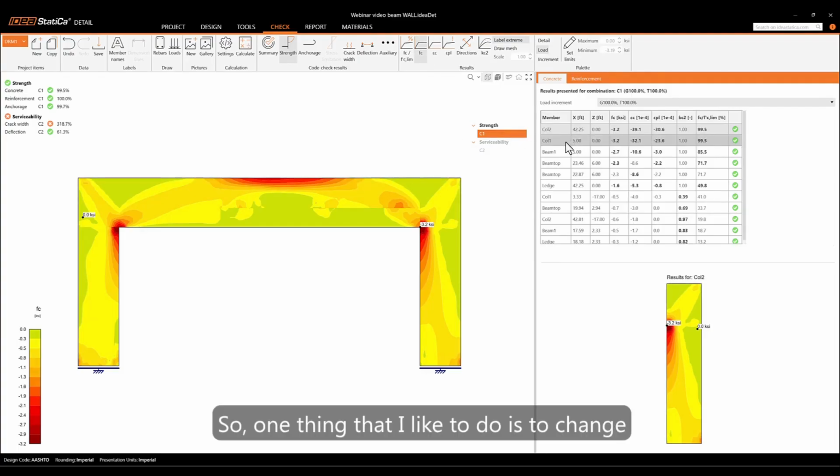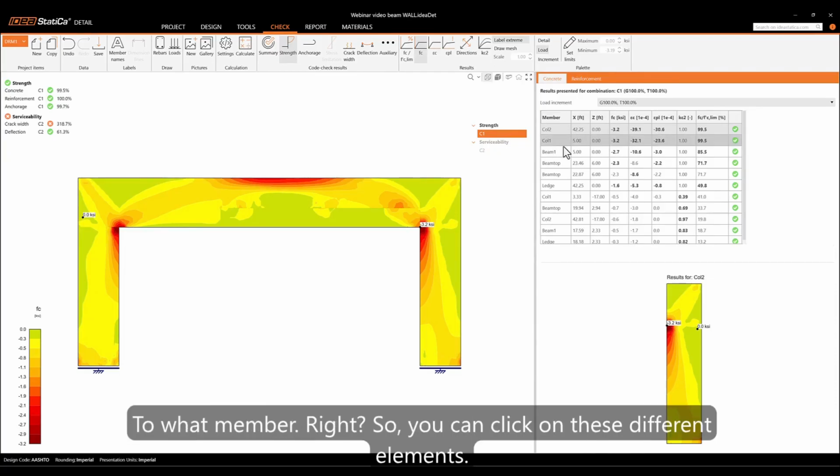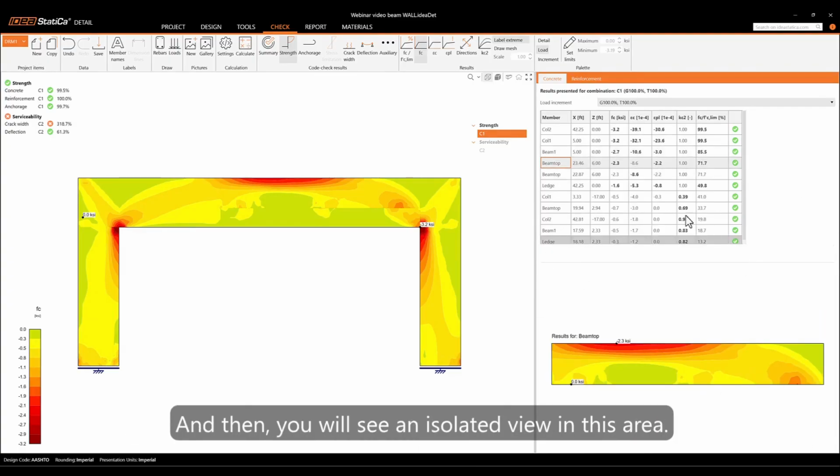So one thing that I like to do is to change the name of the walls that I model, so I know which member these numbers are related to, right? So you can click on these different elements, and then you'll see an isolated view in this area. Now, if we click over the